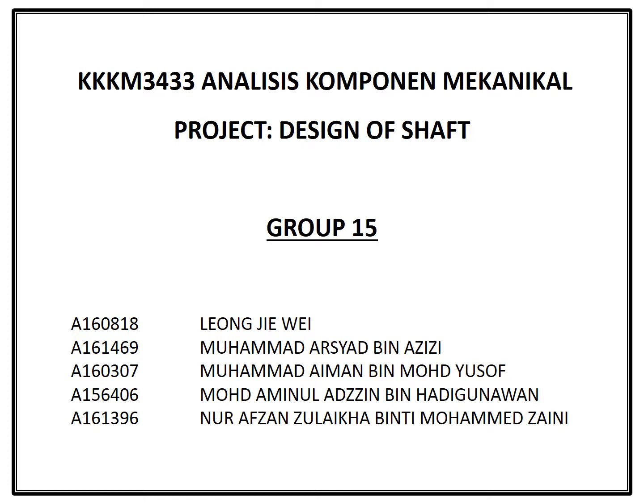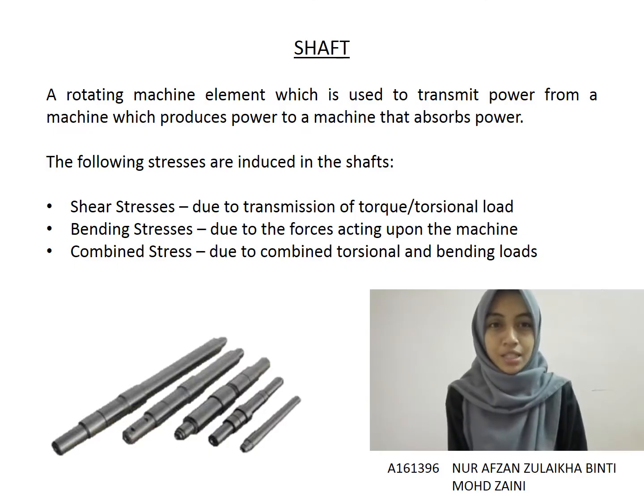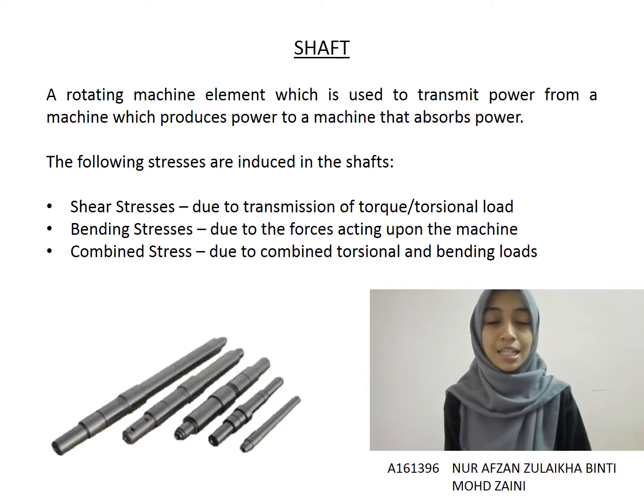We would like to present our slide on design of shaft. A shaft is a rotating machine element used to transmit power from a machine that produces power to a machine that absorbs power. A shaft usually has a circular cross-sectional area. There are three stresses induced on the shaft, which are shear stress, bending stress, and combined stress, like